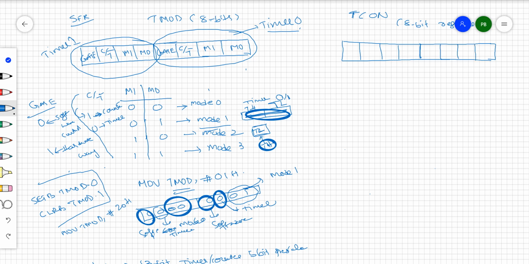The lower 4 bits control the interrupt operation, and the higher 4 bits control the timer operation.